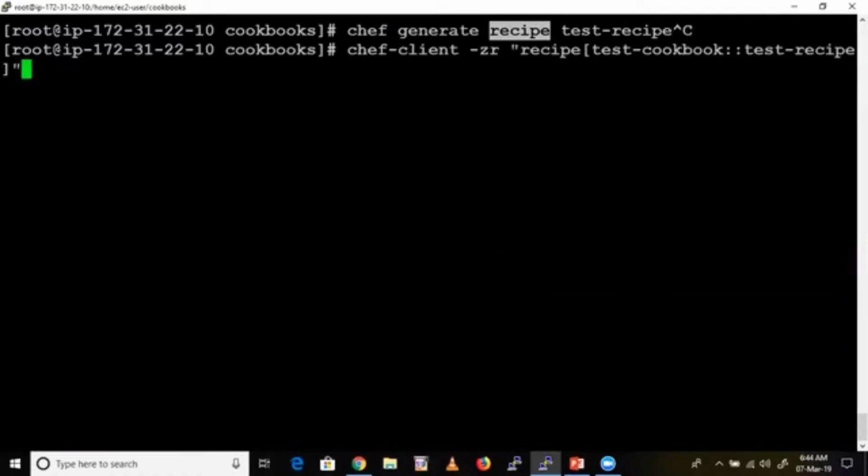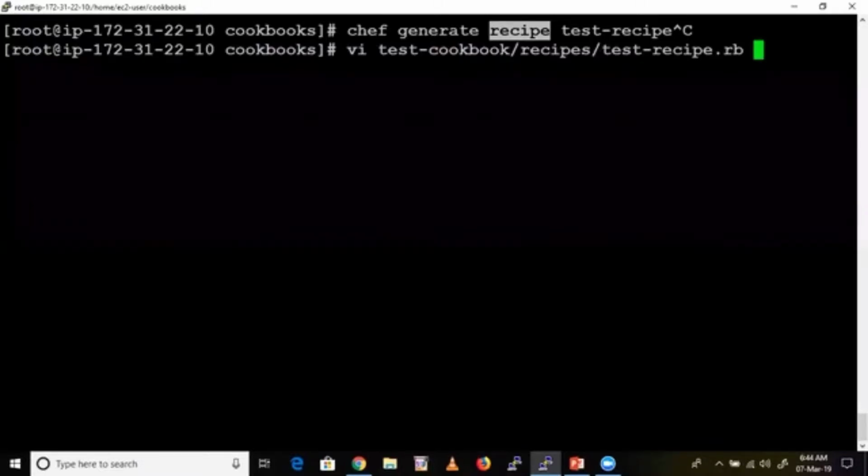So see here. Now you want to put some content. A recipe is a kind of file. So to open it, you need to give .rb. Okay. And whenever you execute chef client, it's creating one file in the root path. Is it the original path, or will it create in some other path? We can change the path as well.